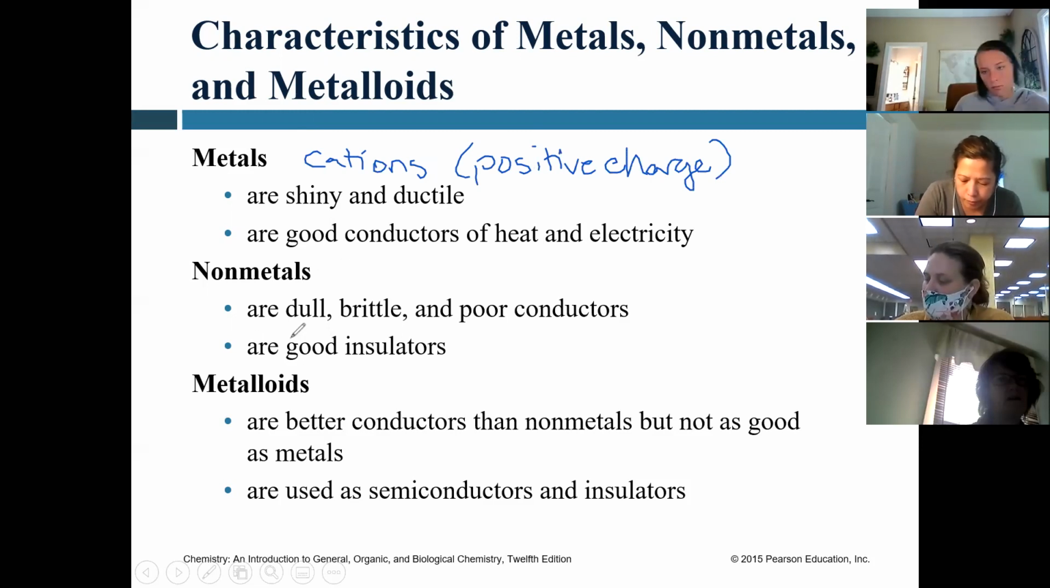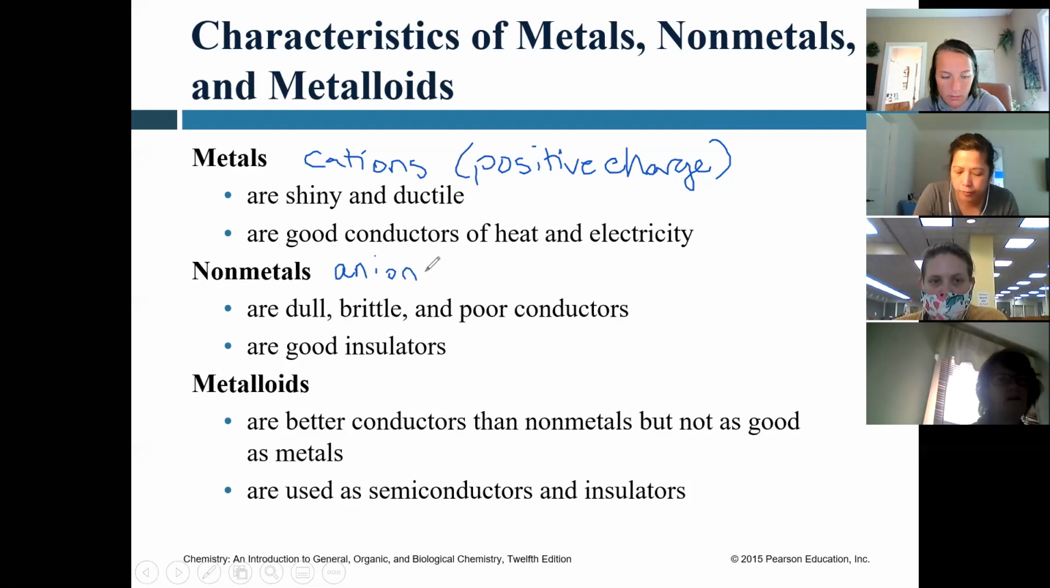Nonmetals are dull, brittle, and poor conductors of electricity. They're good insulators though, so we use those things for insulation. We don't use them to conduct things. These tend to form anions. Anions form a negative